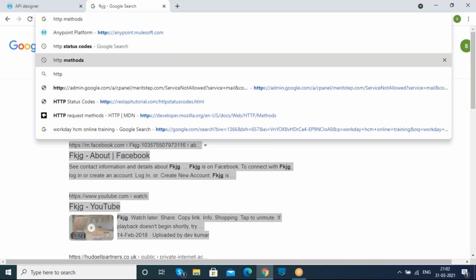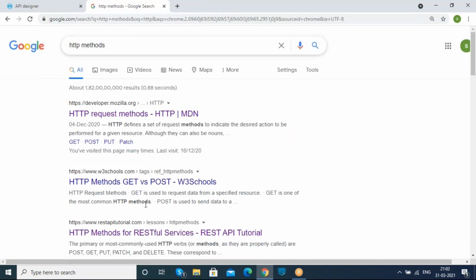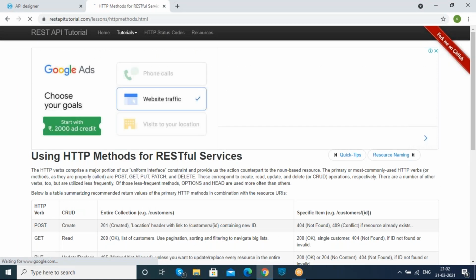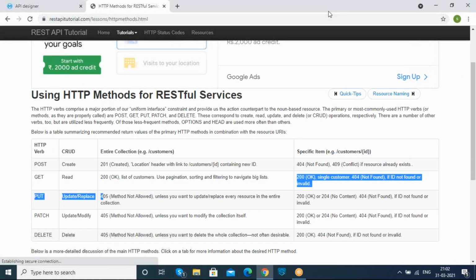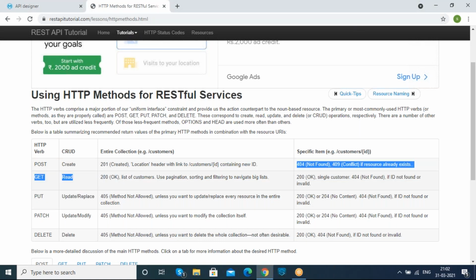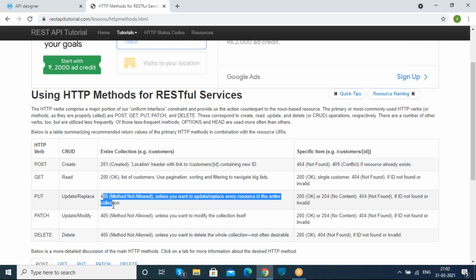There are methods called HTTP methods, where each and every method is used for a different purpose. Here, the get method is used to retrieve the total data as our response based on the requested parameter. The post method is used to display a message as a response. The delete method is used to delete the data. The put method is used to update the data. The patch method is used to modify the data.